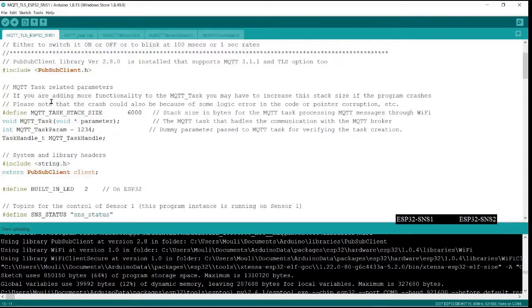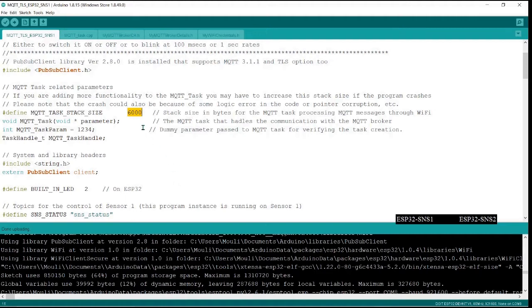And I am going to use one task that I am creating. The other task is the default, which is created on reboot, when the board is booting up. So this is a very important thing. The task that you create, you need to mention the stack size. Right now I have given 6,000. If you reduce it to 4,000, you will not be able to even run this code.